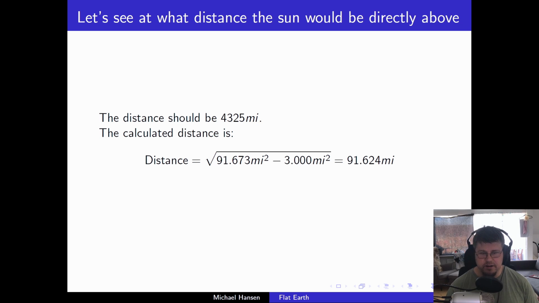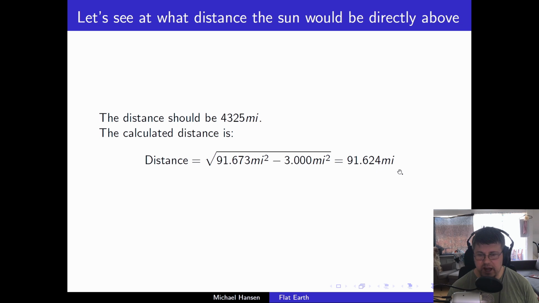So I would like to challenge you, flat earthers. Give me some numbers. Give me some explanation of the inconsistencies between this number here, which I hope that every flat earther can agree on, that a person standing 4,325 miles away from the North Pole, or either of the poles, should be able to see the sun directly above him at some point, because that is where the equator is. But the real distance, if we take the arguments that flat earthers use, that is the perspective argument, where the sun should set, how far away it should be in order for that to happen, the sun should be